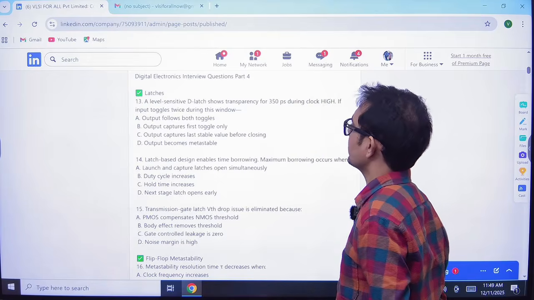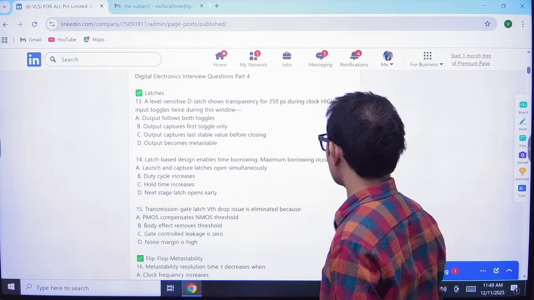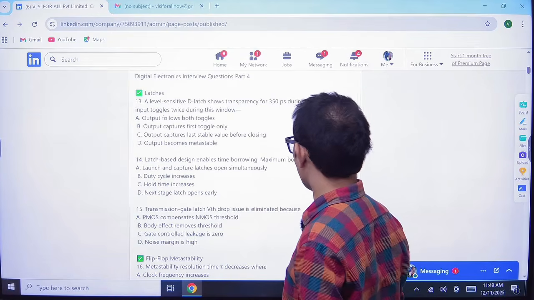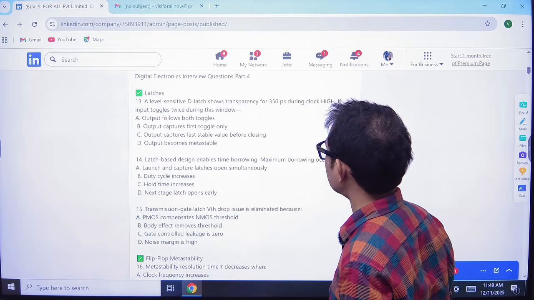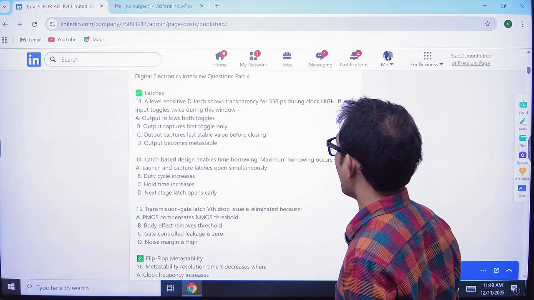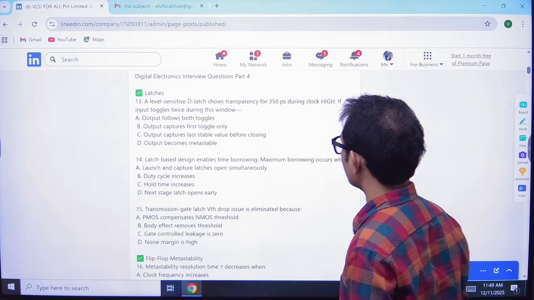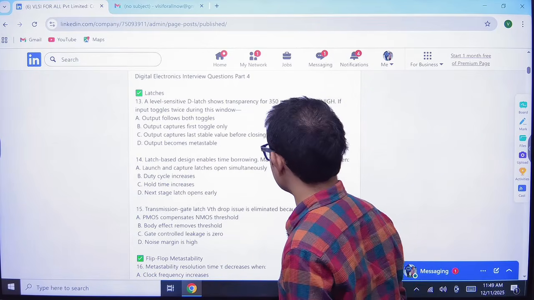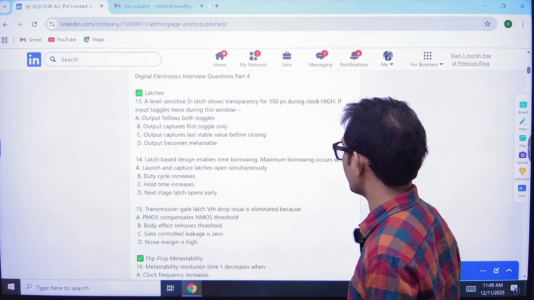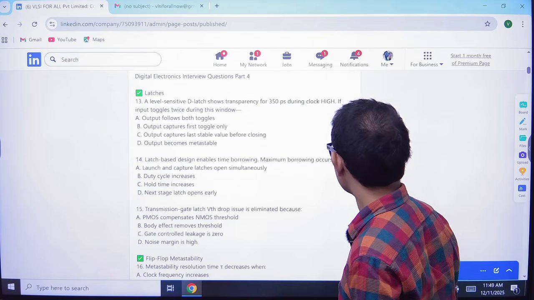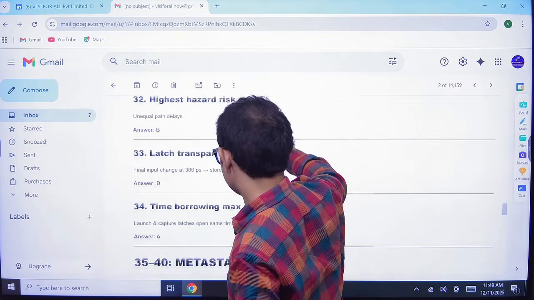First question is here. A level-sensitive D latch shows a transparency for 350 ps during clock high. If input toggles twice during this window, output follows both toggles. Output captures first toggle only. Output captures last stable value before closing. Output becomes metastable. Okay, so correct answer is,